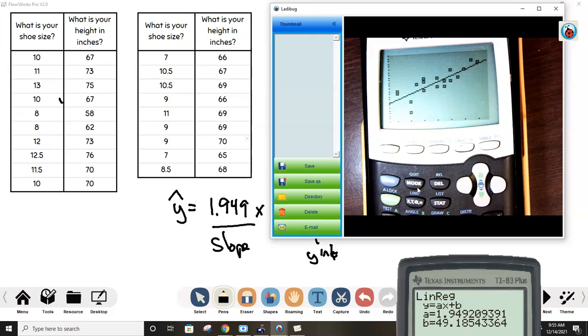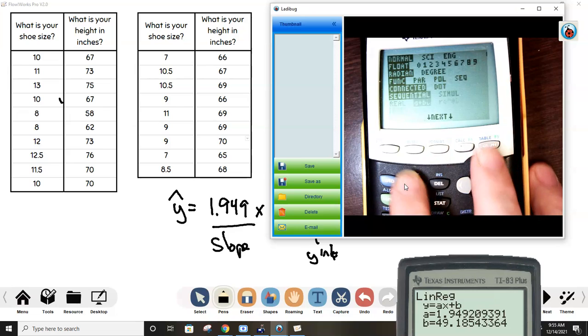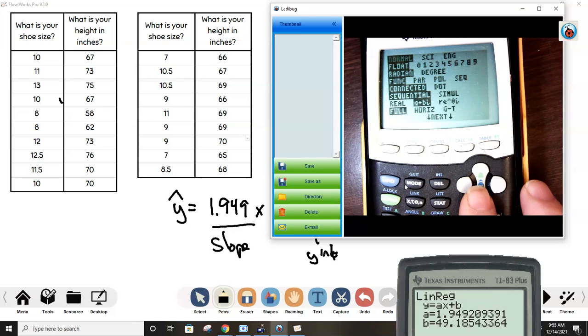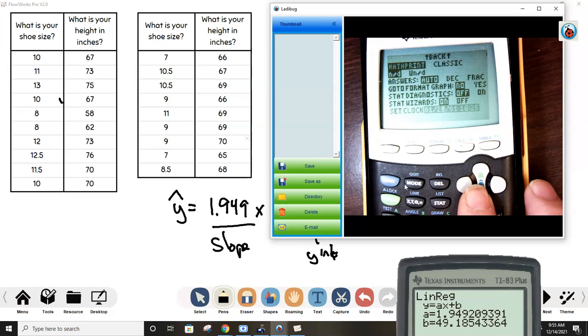So I'm going to have you hit the mode button, and again, I've got to do it on the calculator, not with the mouse. That's why I like the other calculator better, but it doesn't have this. It's a different way to get to this as well. This is where you start, but we're going to just keep arrowing down. Color ones, I think it fits all on one screen, but come down to stat diagnostics. If we turn that on,